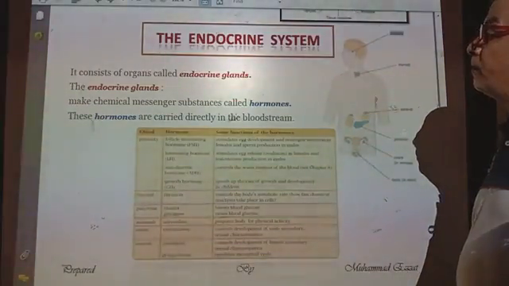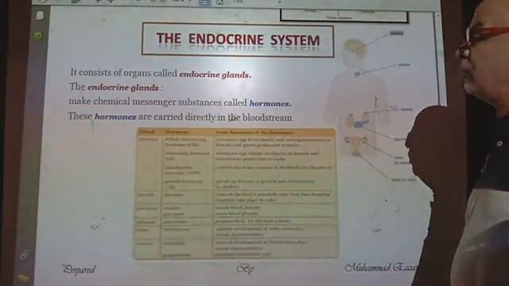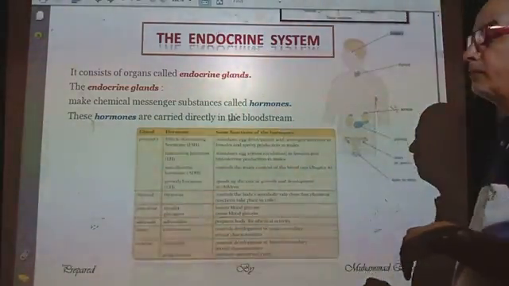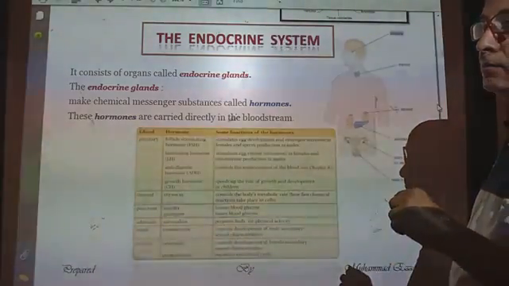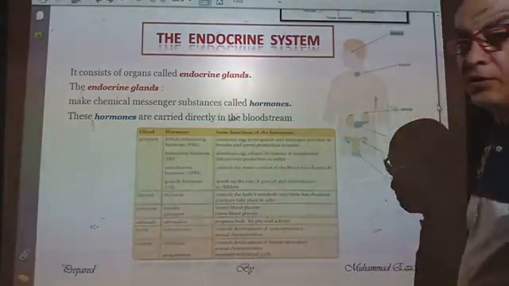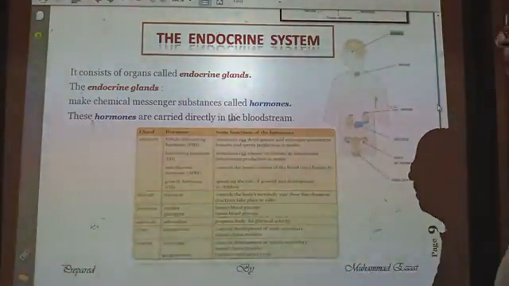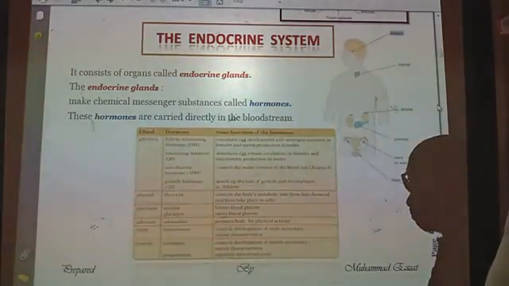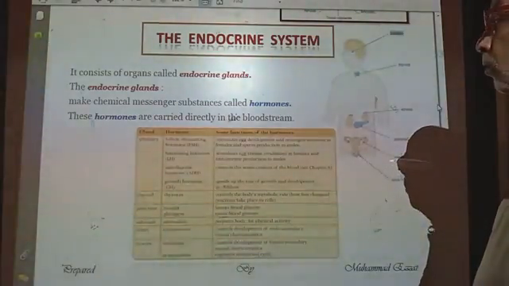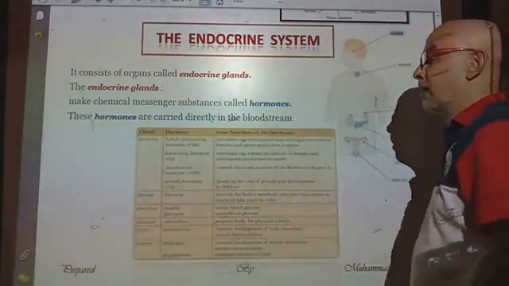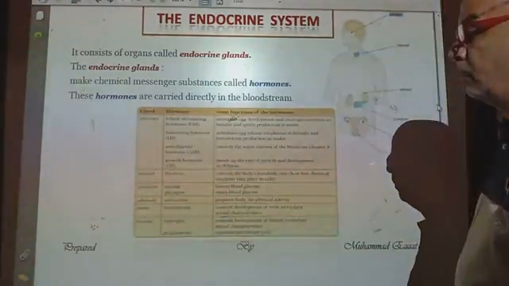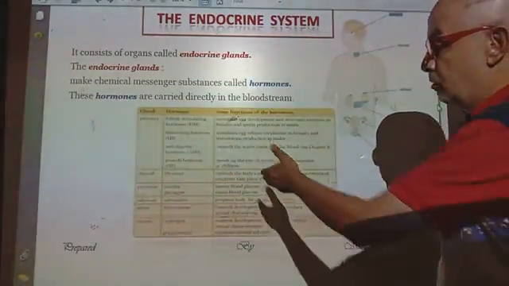Here we have a very important system, which is the endocrine system. The endocrine system consists of a group of glands, represented by endocrine glands. These endocrine glands secrete, or produce, chemical messengers called hormones. These hormones are carried directly to the bloodstream, and here we have some examples of the glands and their secretions or their